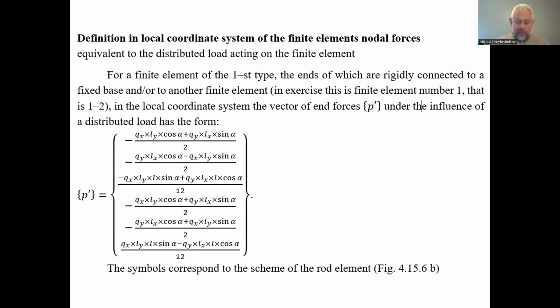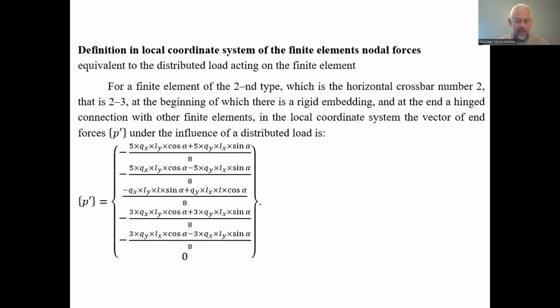So for the finite element of the second type, embedded at the beginning and hingedly supported or hingedly connected to another finite element in the mechanical system by the second end, the formula will not be the same, but looks a little bit like it, dependent on the elements 1, 2, 3, 4, 5, 6. 6 is 0 because we have the hinge at the end of the finite element, and a hinge does not transmit the bending moment. So the distributed force